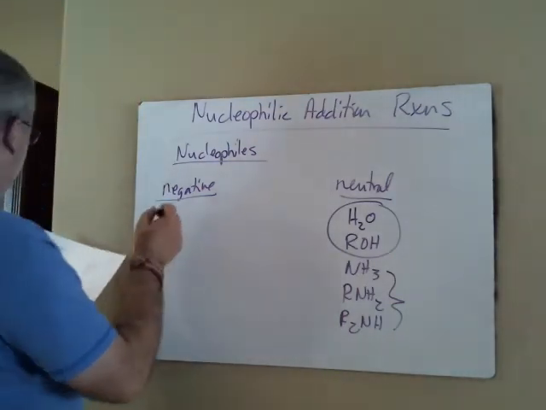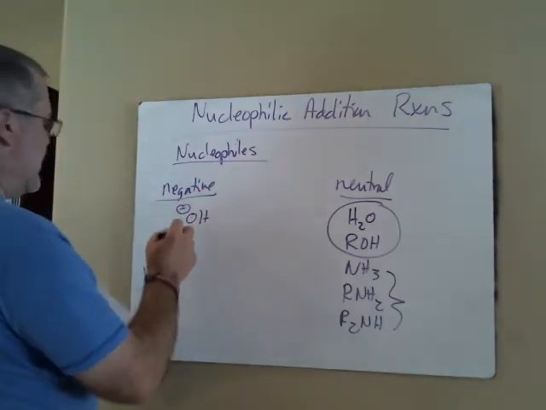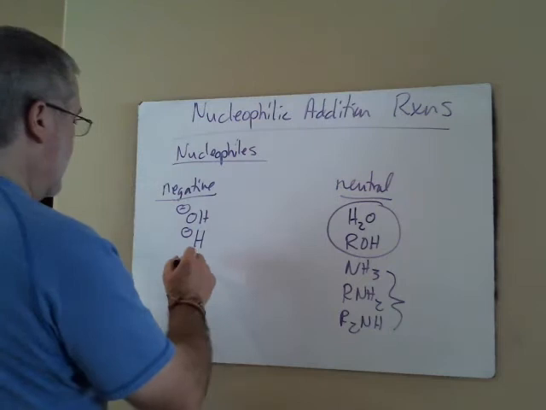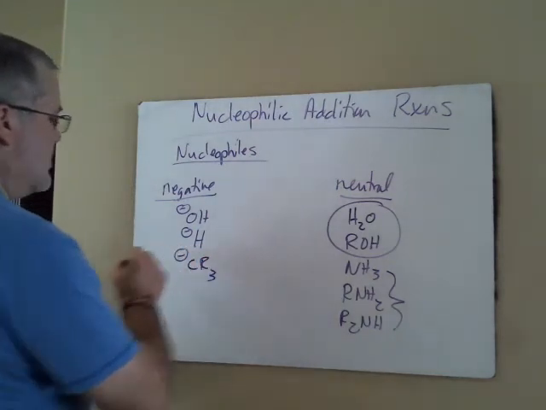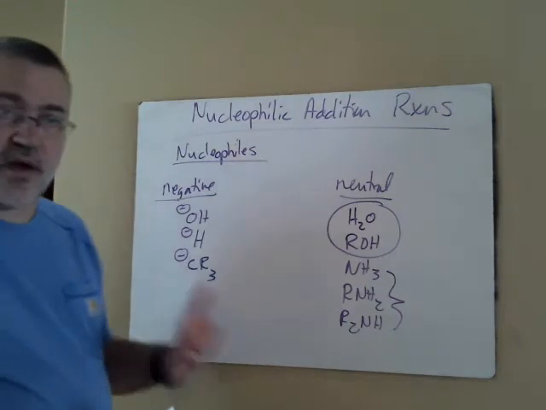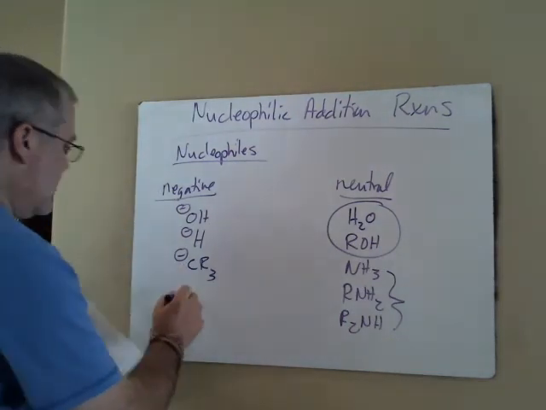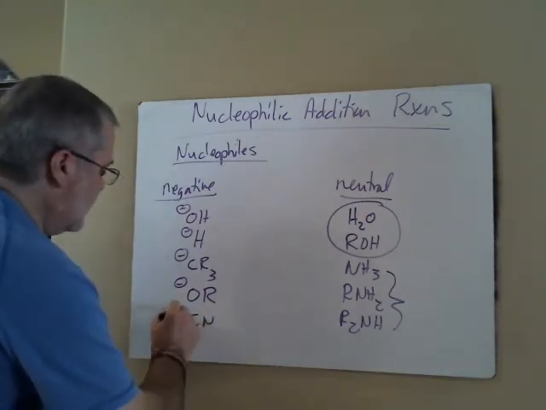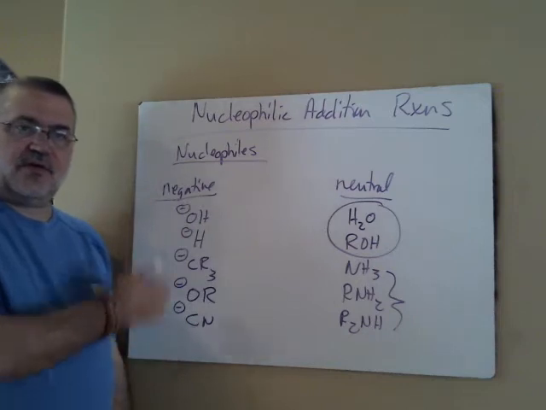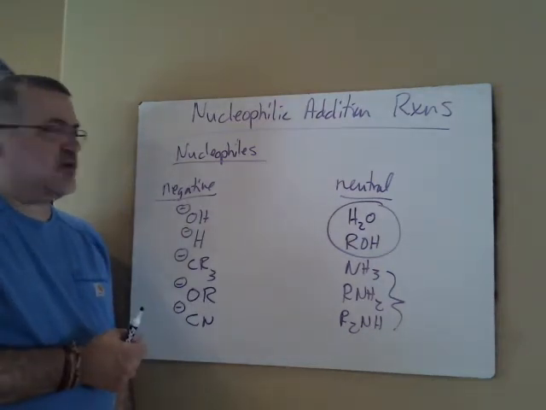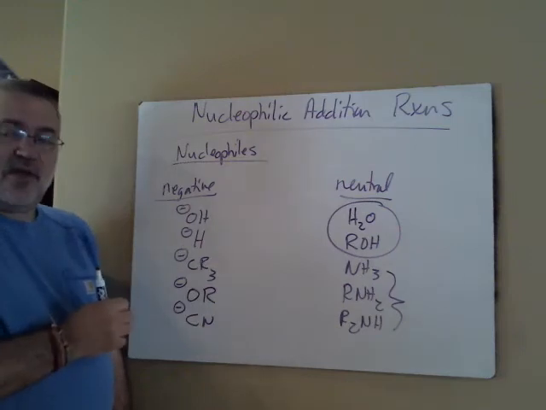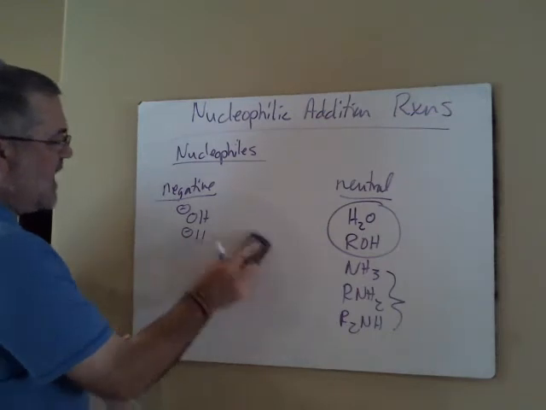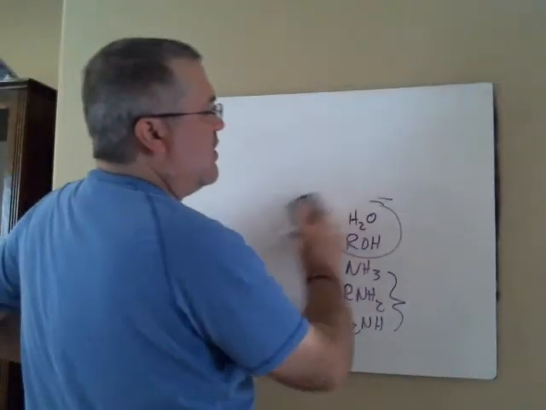But under the negative category, we can talk about hydroxide, hydride, which is something that we've already looked at. We can have carbon nucleophiles, which are going to be like Grignards or Gilmans, and OR, your alkoxy, and CN minus. All of these are negative nucleophiles that do very straightforward addition reactions on ketones and aldehydes. So these are the kinds of things we're going to look at, and we're going to take them one by one. And each time we look at a reaction of one of these nucleophiles with the ketone or the aldehyde,